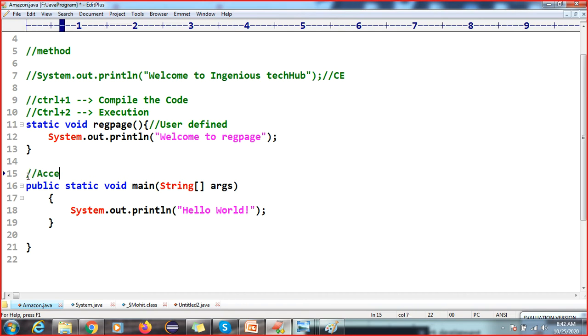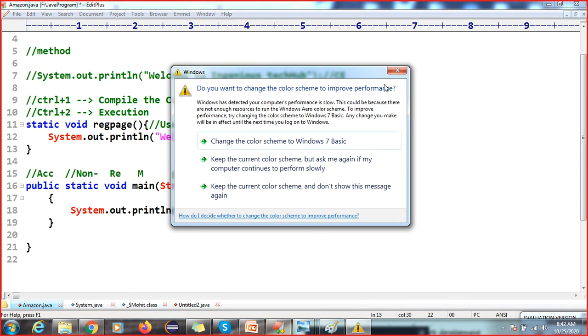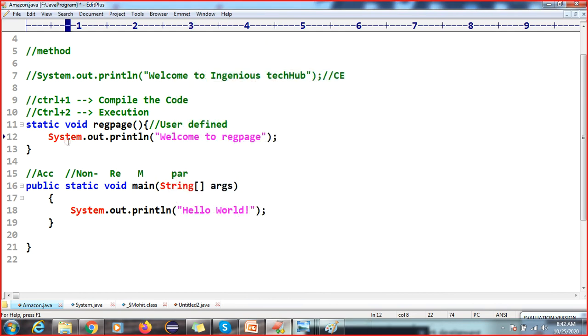This is your accessibility modifier. The accessibility modifier is optional. Non-accessibility modifiers I will tell you in the coming session, because method is a separate topic, so from there we can learn all the things. This is your return type, this is your method name, and this is your parameter. In the coming session we will learn how to create the method, but here we are going to understand how this Java code is working, what the use of the class keyword is, why we require the main method, what System.out.println is, and what a user-defined method and a predefined method are, right?